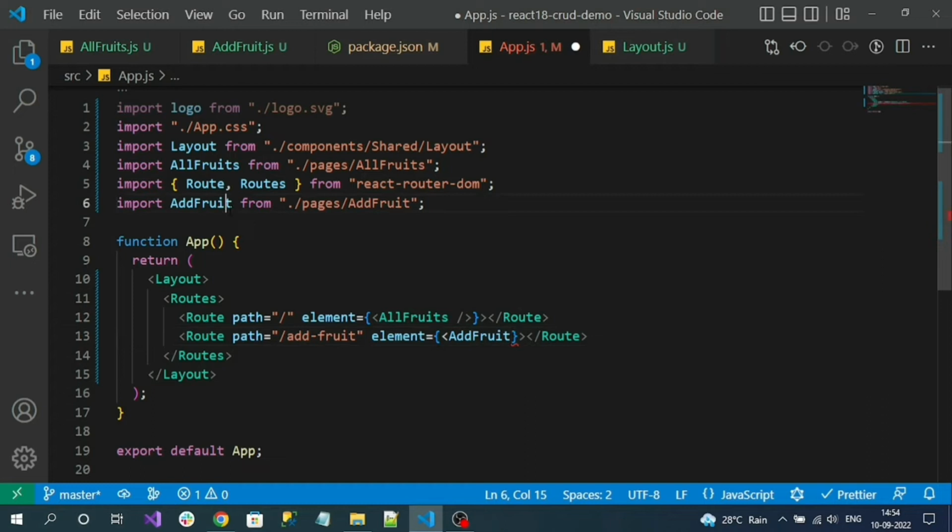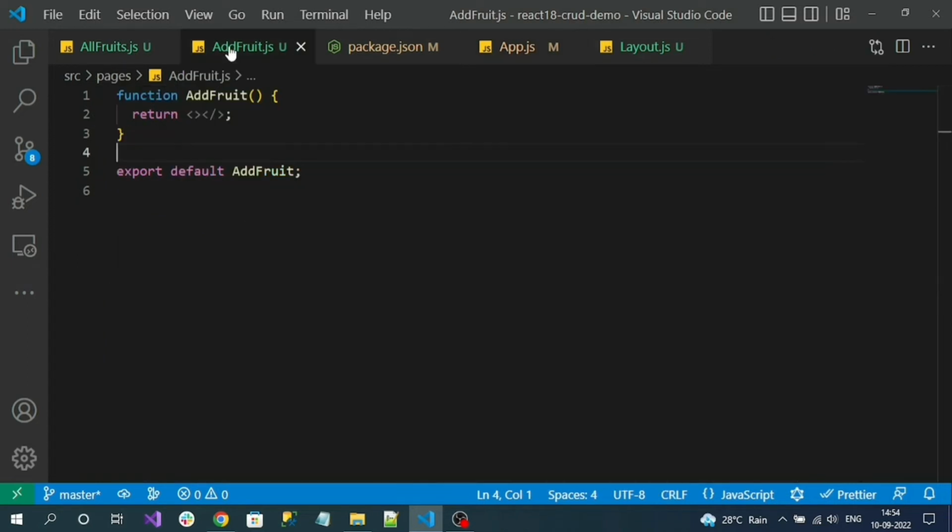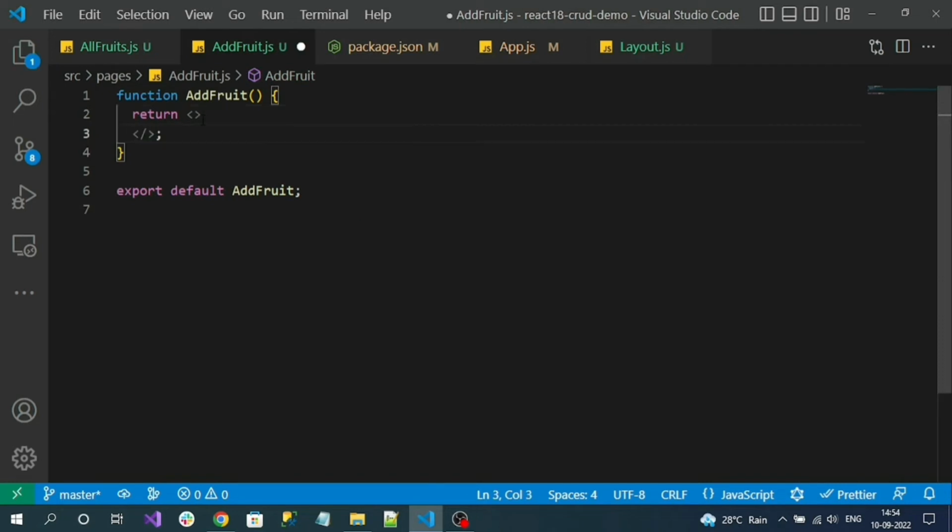So the namespace is automatically imported, right? So let's self-close it. Now let's test whether we are able to load our components based on our route values. Since the AddFruit component is empty, with no content, let me add an h1 tag,